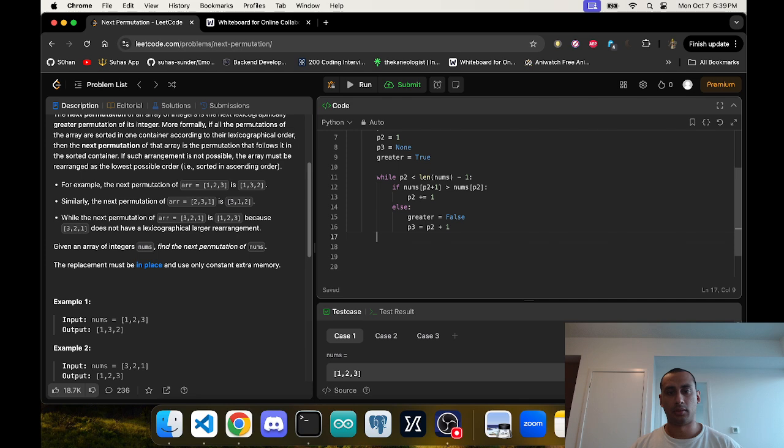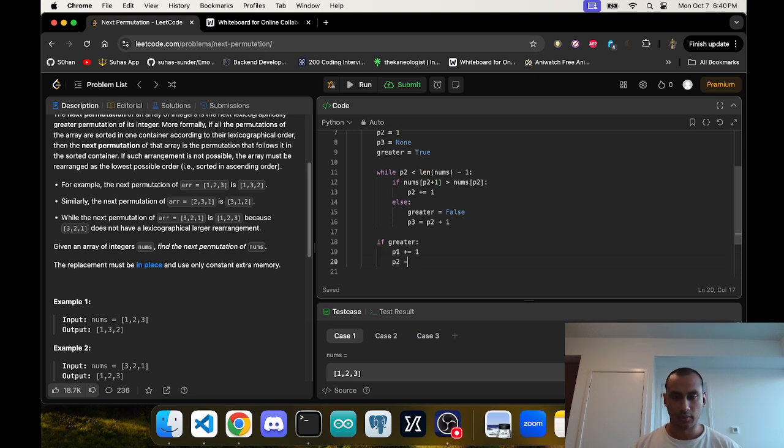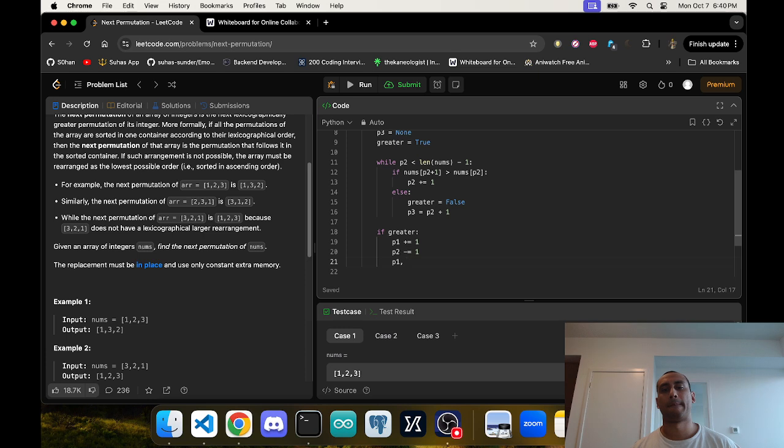So if greater, so if that's true, I want P1 plus equals 1, P2 minus equals 1, and then that'll be nums P1, nums P2